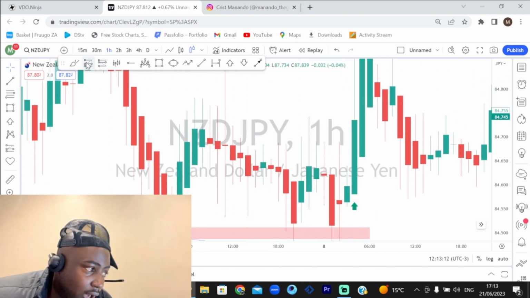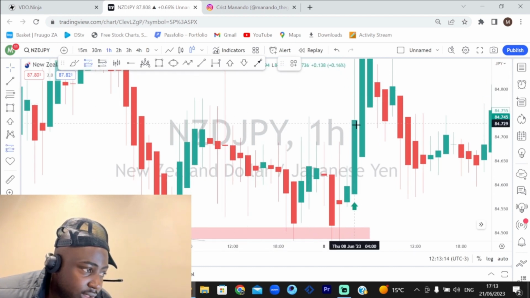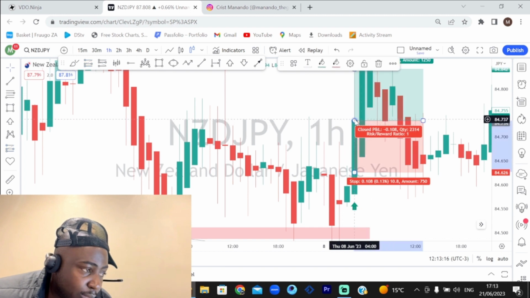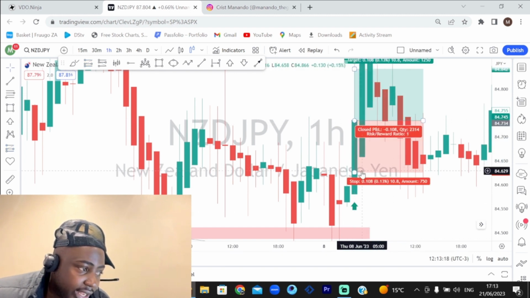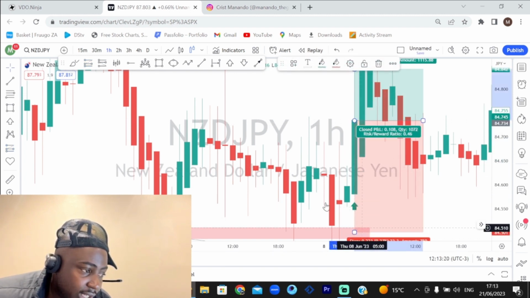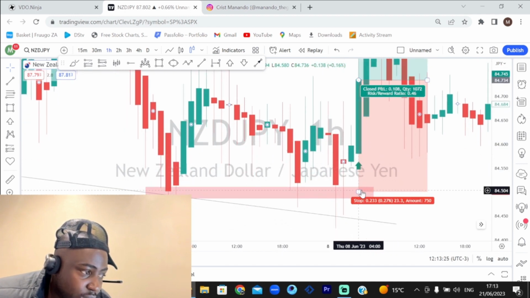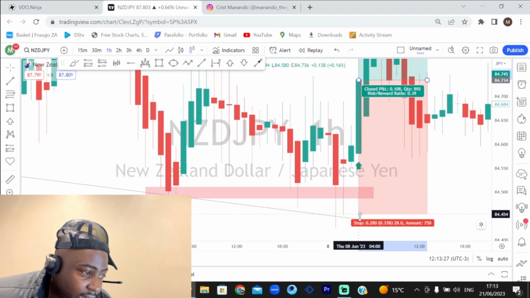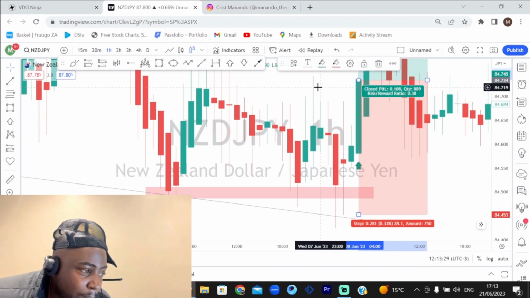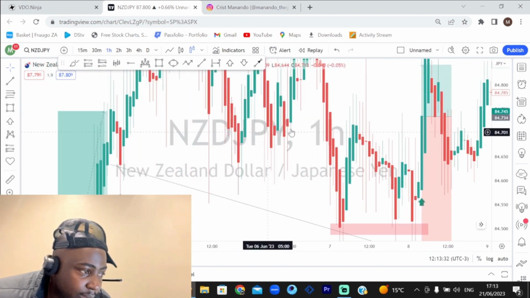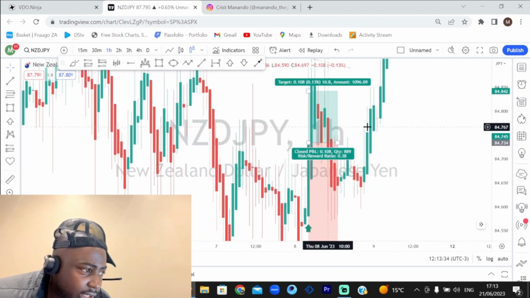So I would have bought the moment this one closes, right, and put my stop loss below this reversal candlestick right there, which is very far from my entry point, but it's not a big deal because the reward